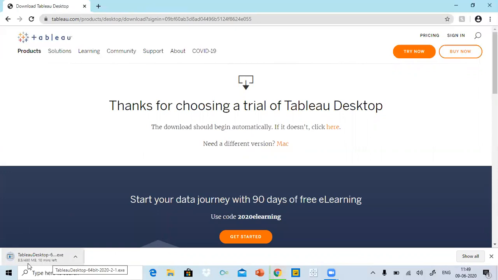It's around 480 MB, and it can take 3 to 4 minutes. It totally depends on the bandwidth of your internet connection. So let it download, then we'll start the procedure of how we can install this.